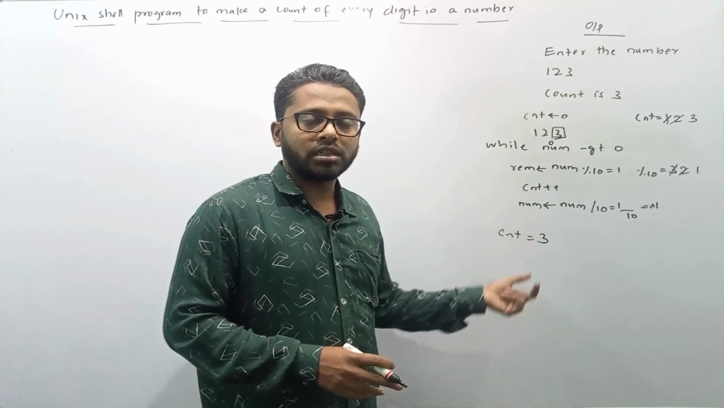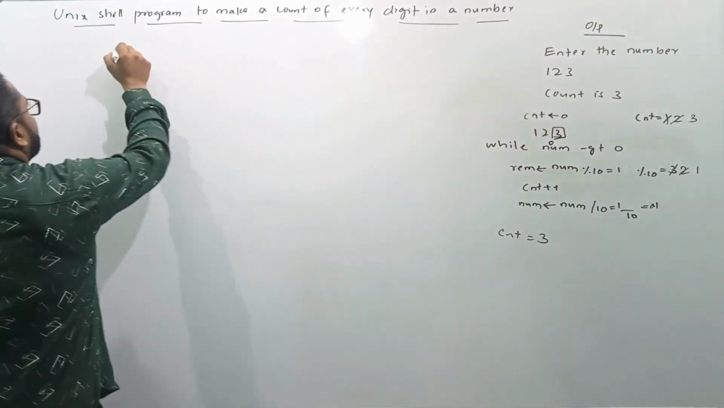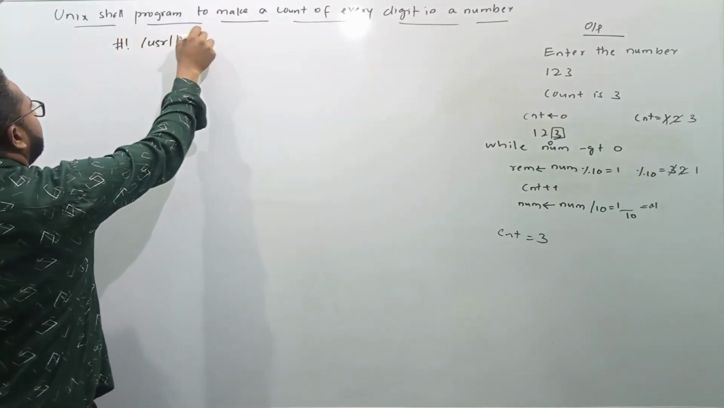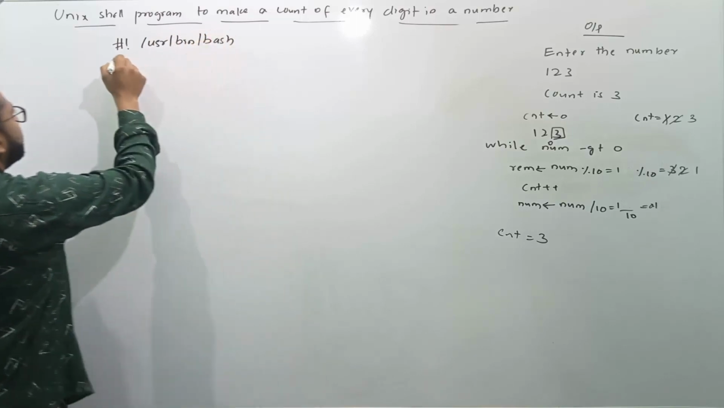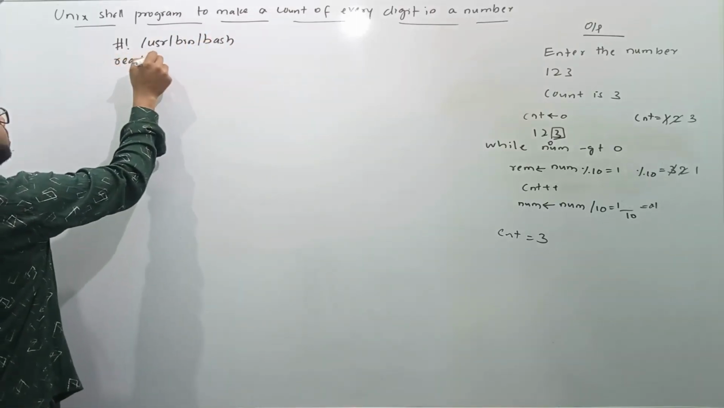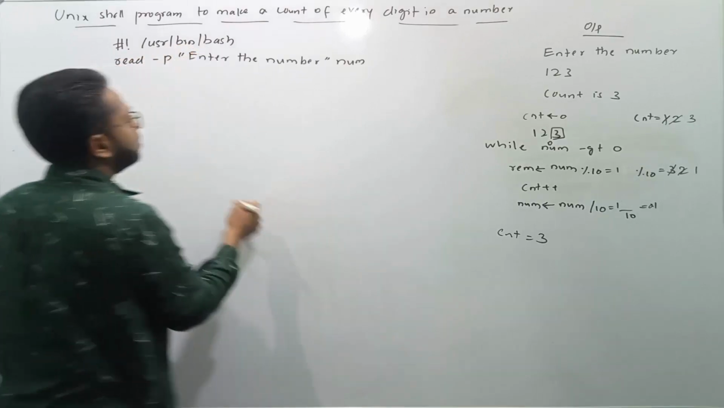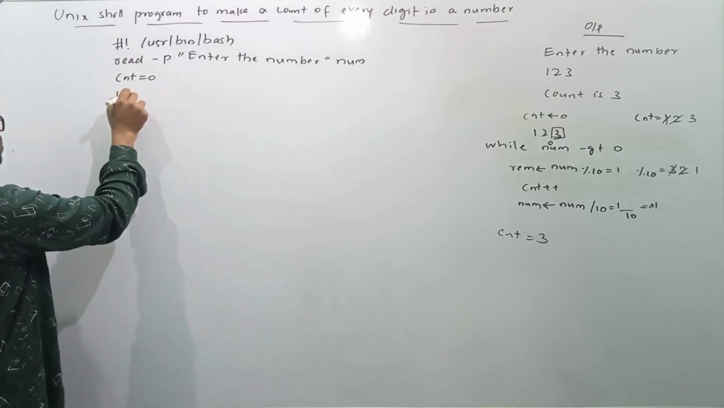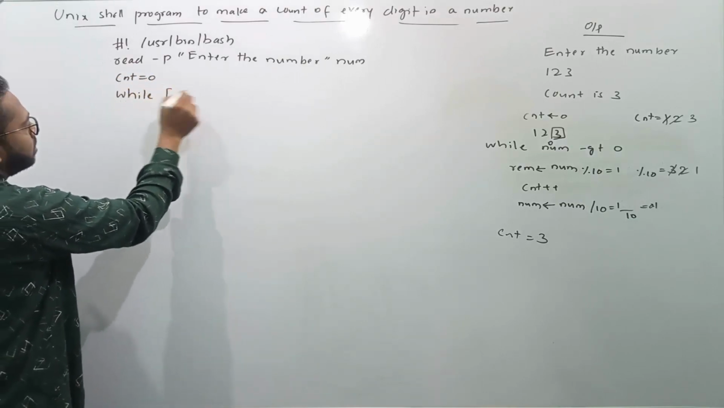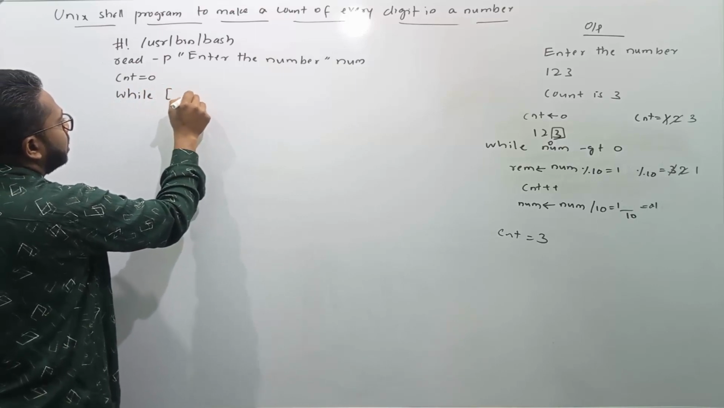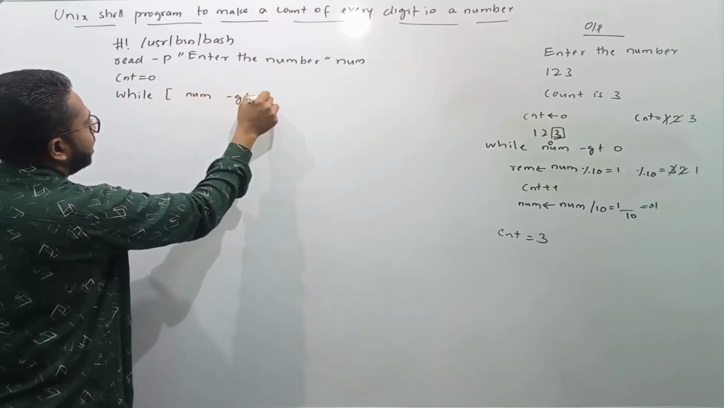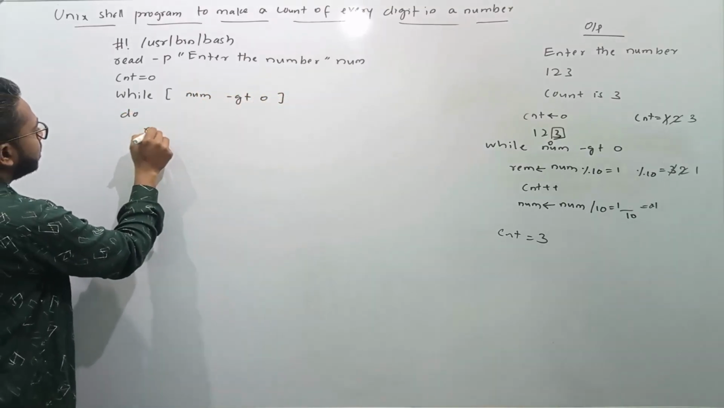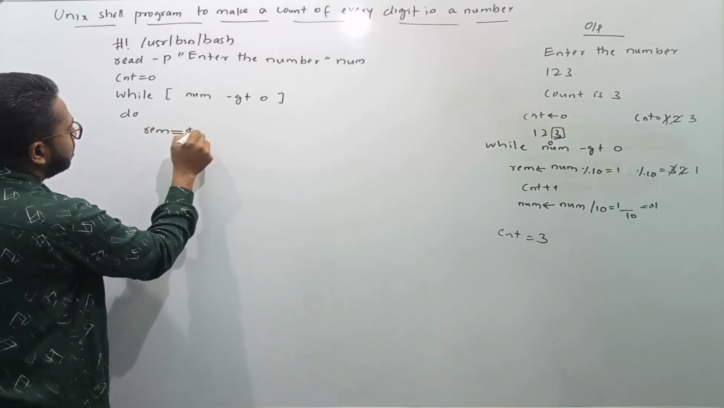Now I will write down this program. I will first write the shebang statement, /usr/bin/bash. Then read -p enter the number. Then I will initialize count equals 0. Then I will start a while, open square bracket, num is greater than 0, do, find out the remainder, dollar